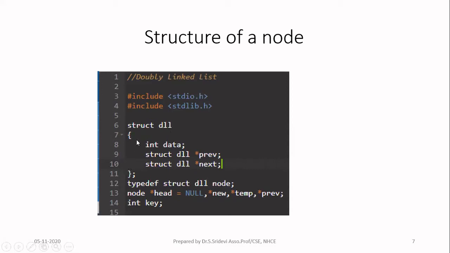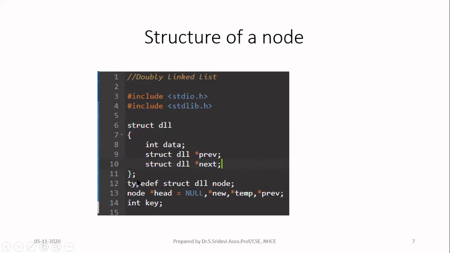Inside that, you are going to declare the members of the structure one by one. I have the data. So I am declaring int data. Then I have two pointers now. Both the pointers are pointing to the another element of the same doubly linked list. So you should write the pointer name as star previous and then star next. Both the pointers are pointers of the type doubly linked list. So you have to write struct DLL here as a type.